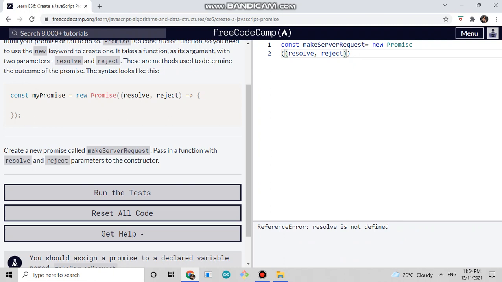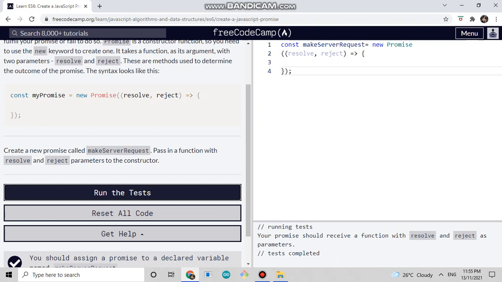And then this one, okay, makeServerRequest, resolve, reject,